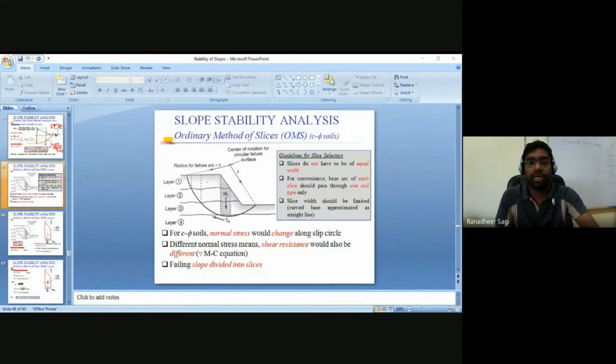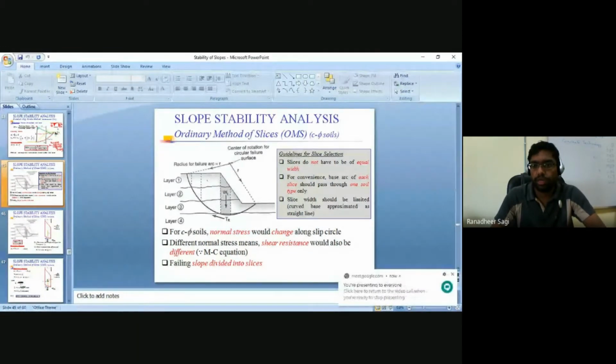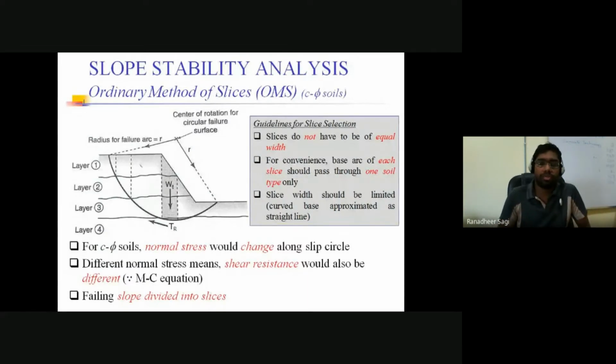So in the last class, we were trying to talk about stability of finite slopes based on the Swedish circle method, and then we went on to see the Taylor stability charts. We have seen the stability of a finite slope in case the tension crack gets developed, how the factor of safety gets changed, or subsequently in case there is water pressure, or water occupying the tension crack region, how the factor of safety of that particular slope gets modified. So all those cases we have seen in our last couple of classes.